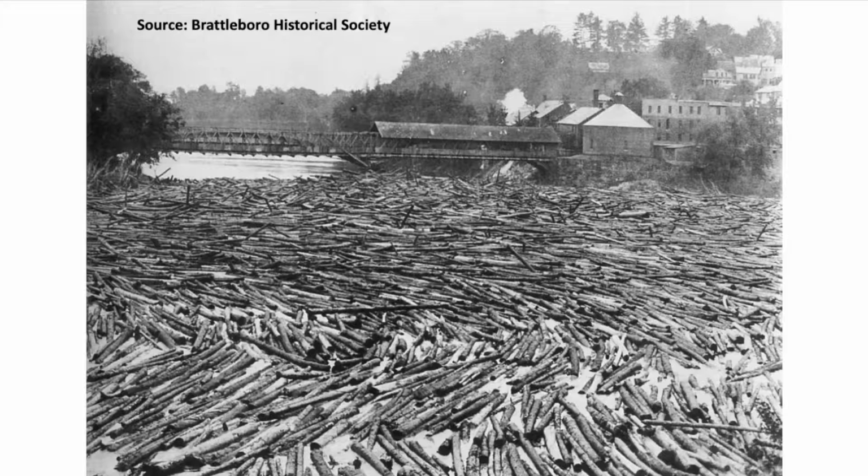This was due to several factors, such as the depletion of the northern forests and the expenses the company was incurring from lawsuits that kept cropping up over the drive's disruption of all other traffic on the river, and the damage that the logs caused to bridges, dams, and farmers' meadows. According to one member of the company, interviewed by the Hartford Courant on